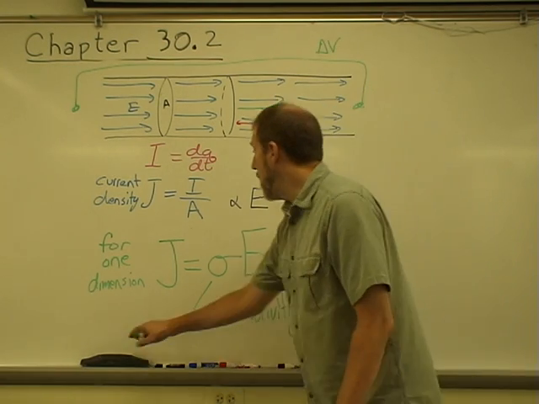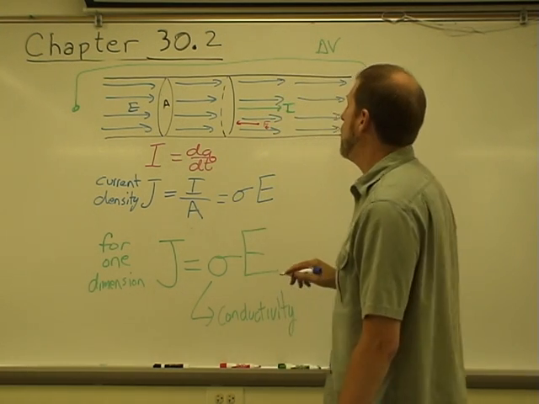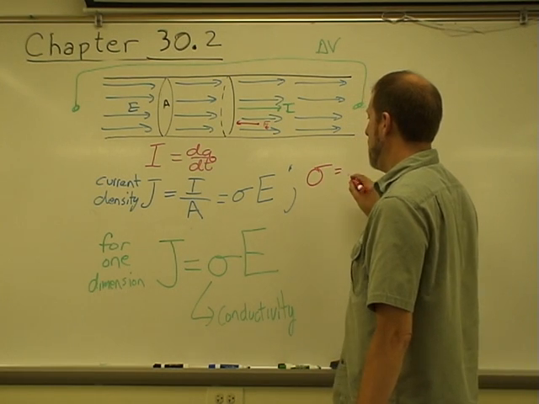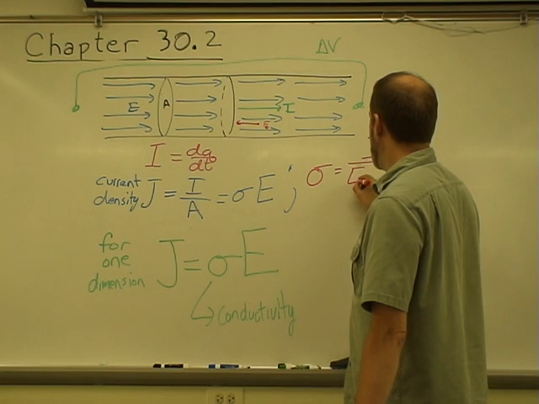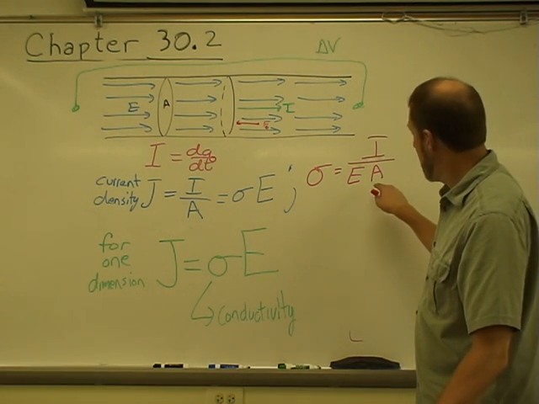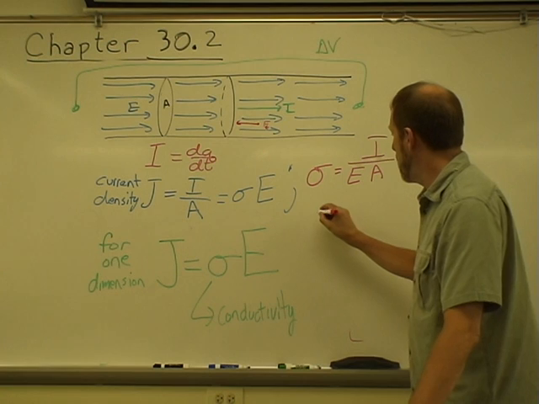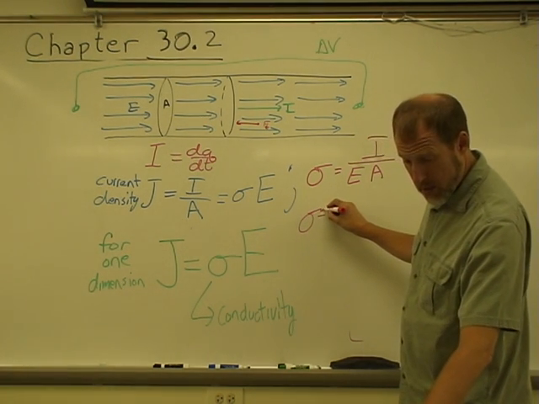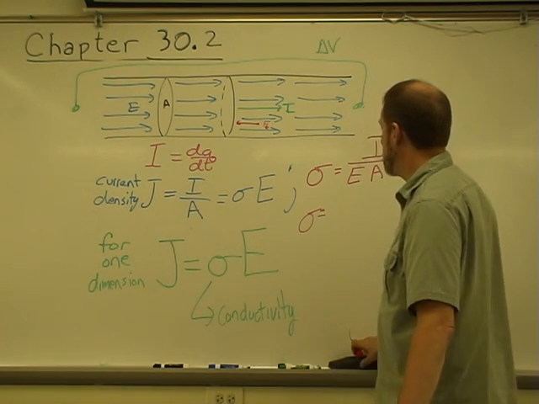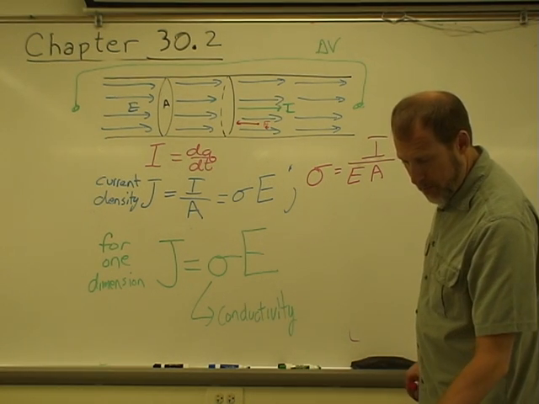Now this is the conductivity of the wire. So, that conductivity is defined as the current in the wire divided by the electric field in the wire, and also divided by the cross-sectional area, which, let's see, will come down to, which I can also write with the material we had just set up, that